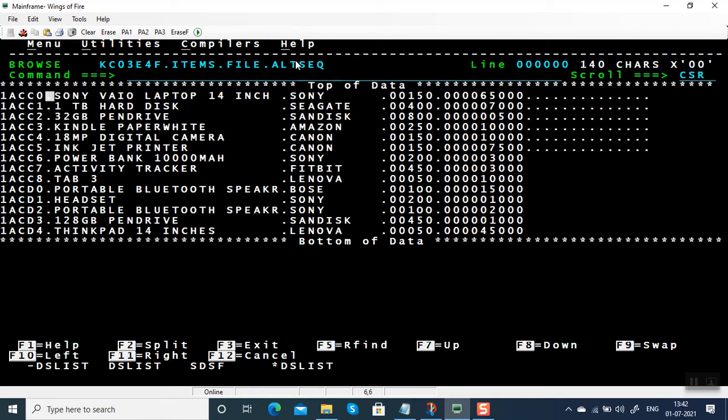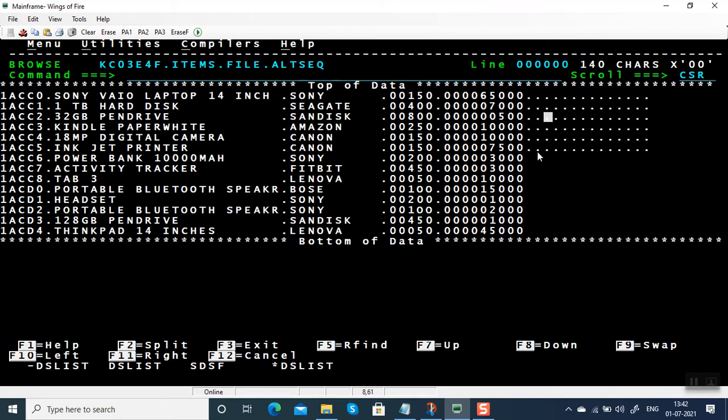How many values are there? There are around 140 characters. Normally what we do is convert all these into a space. It doesn't mean you have to convert only to a space. You can convert to any other character also. There are 140 dots which are not actual dots. These are low values, the lowest value.